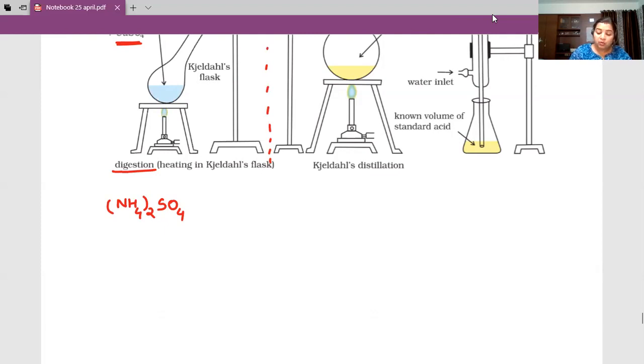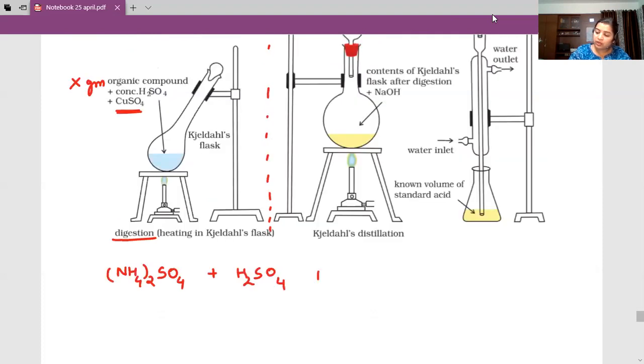Okay, now this ammonium sulfate certainly has a lot of H2SO4 dissolved in it. We haven't gotten rid of H2SO4 yet. There is excess H2SO4 present in it. The resulting acid mixture is now heated with excess of NaOH. Okay, we are heating it with excess of NaOH, our purpose. What will happen when this is converted to ammonium sulfate?